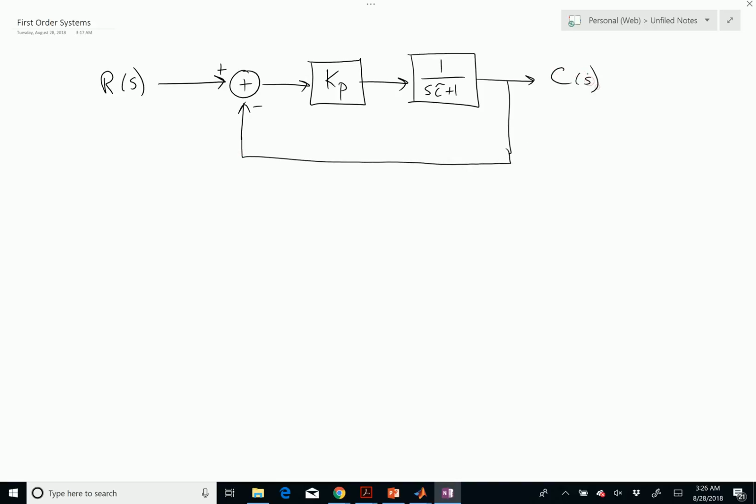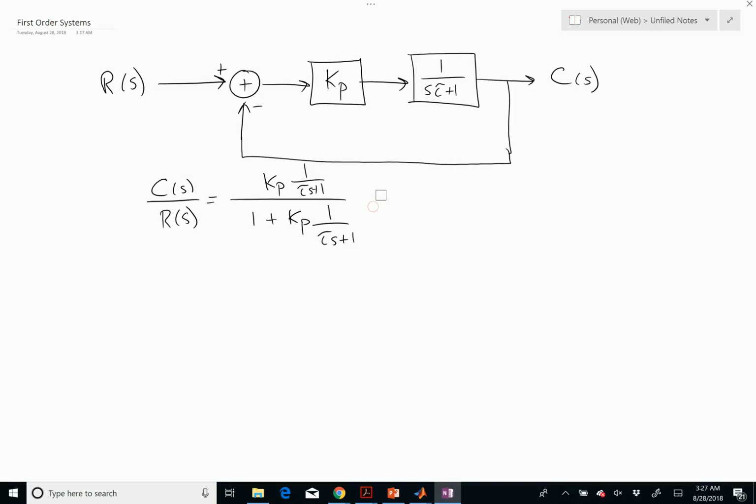Okay, so if I want to get my closed loop transfer function C of S over R of S, I use my Black's formula to say that that's Kp times 1 over tau S plus 1, over 1 plus that. So Kp over 1 over tau S plus 1. Now,